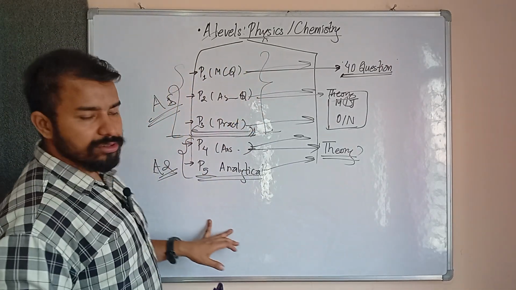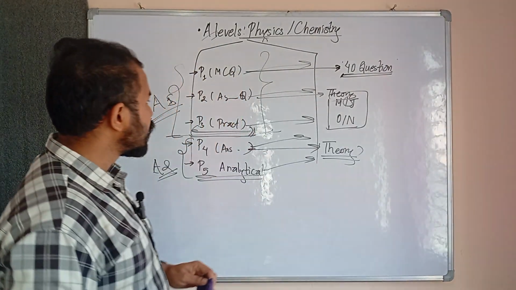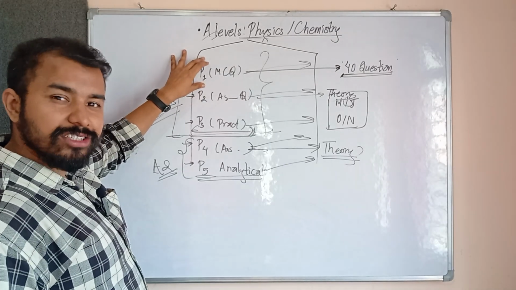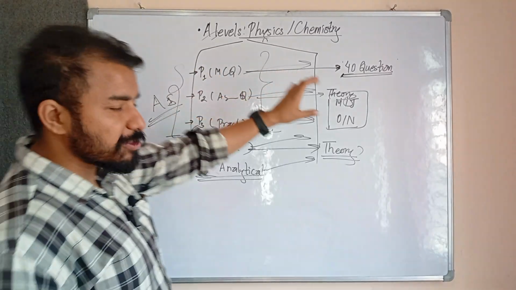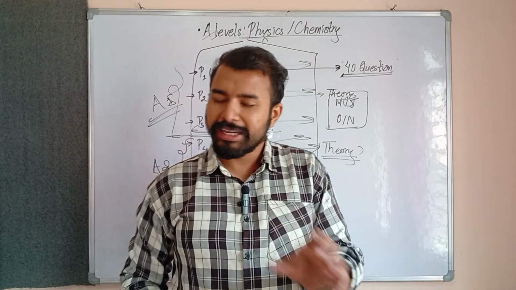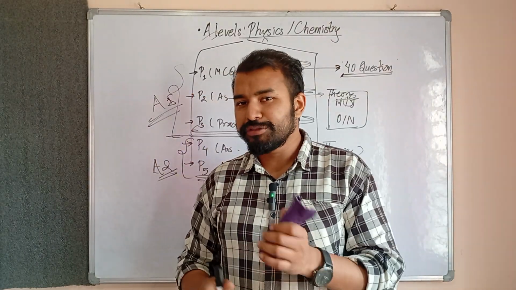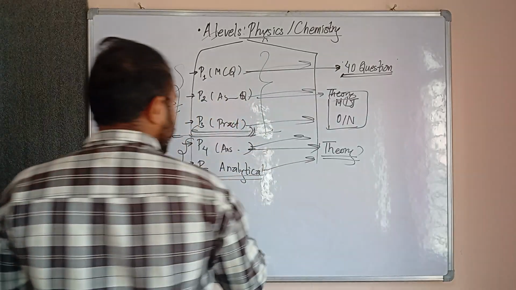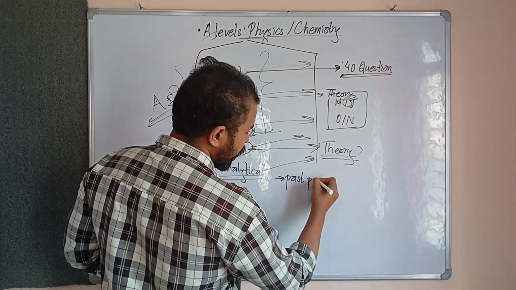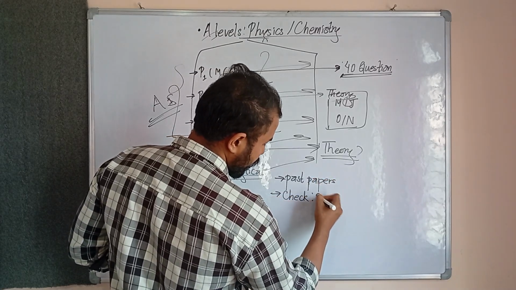And the major challenge within these papers for most of the students is that paper one is a very tough and challenging task for every student, because there are 40 MCQs, and each MCQ has four options, and those four options are really confusing. So you have to go through past papers. You have to keep on continuously practicing through past papers that are found online. First thing, go through past papers, and you have to keep on checking the syllabus